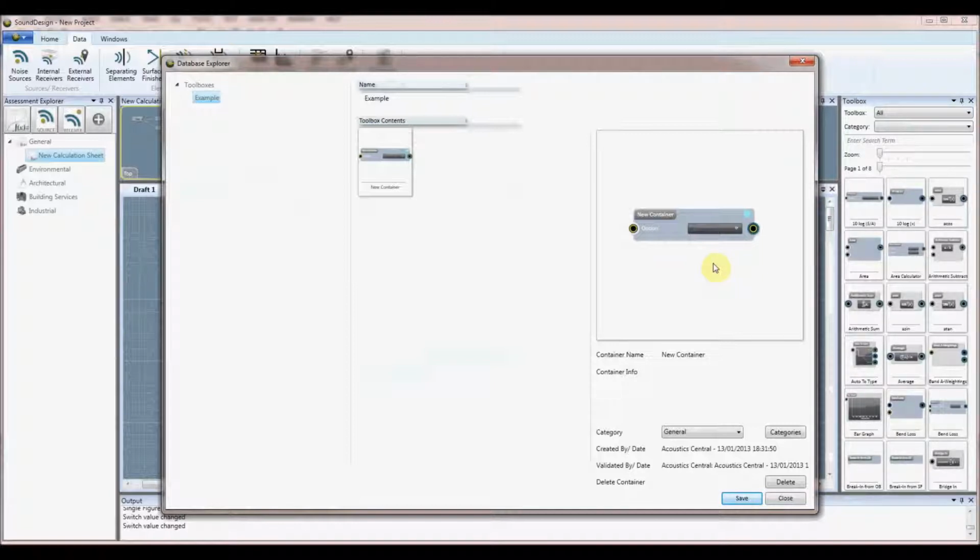I've been able to validate this container which I created, whereas ordinarily if you were to create a container, you would not be able to validate it. Only someone other than the person that created it can validate it, but I've enabled myself to do it just for the purposes of this tutorial. So if I save that now